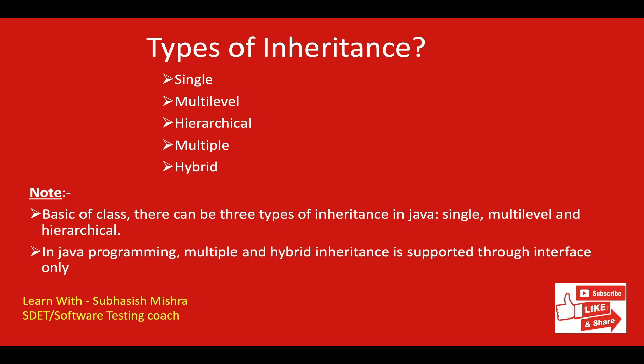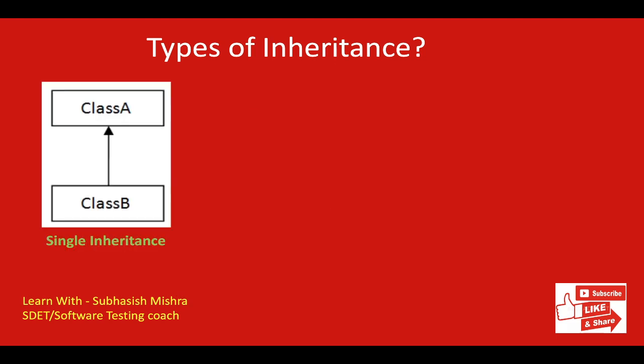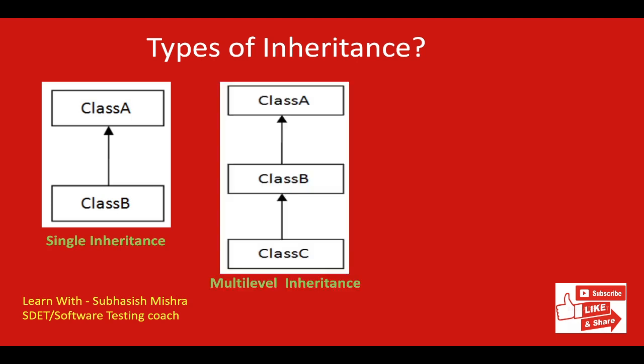Okay, so let's understand what single inheritance is. Single inheritance is very easy to understand. When a class extends only one other class, we call it single inheritance. This flow diagram shows that class B extends only one class, which is class A. So here A is the parent class of B and B is a child class of A. We saw the example just before this, right? So that is single inheritance. Then we have multi-level inheritance.